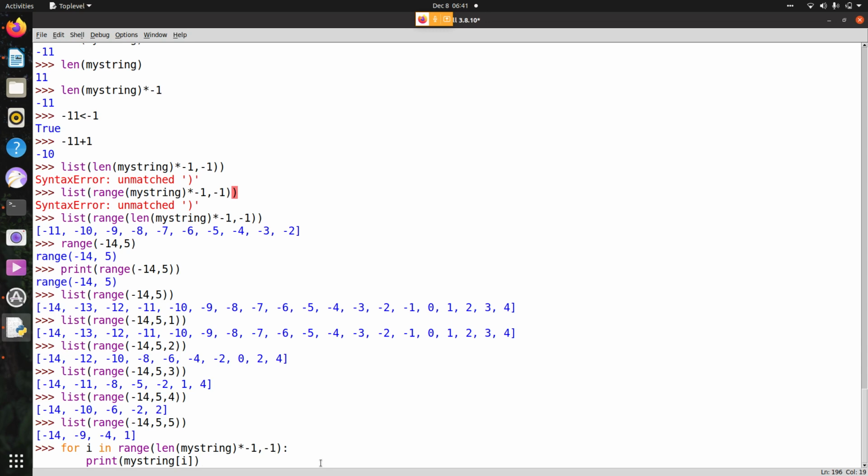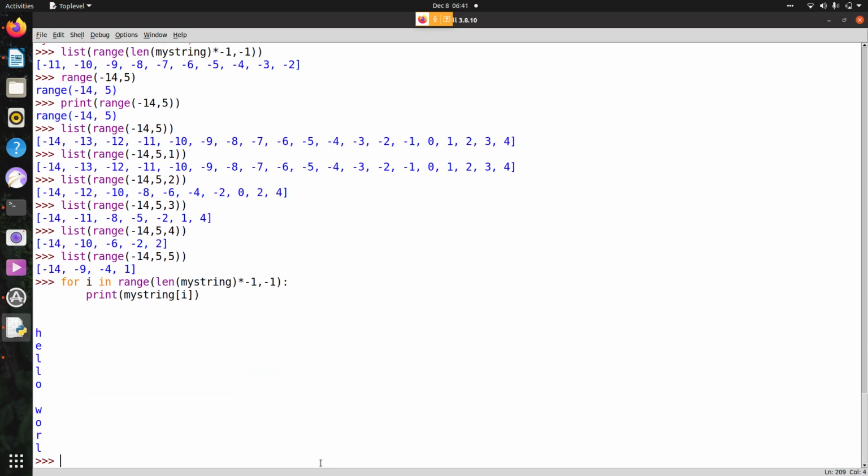Now when it comes, I am saying take the index out of it, take the index value and check back with the string and get the value out of it. This string is the memory location which is containing characters. Each memory location in the string is a character. Now what I am doing here is I am saying bring me each one out of it. When I hit enter,